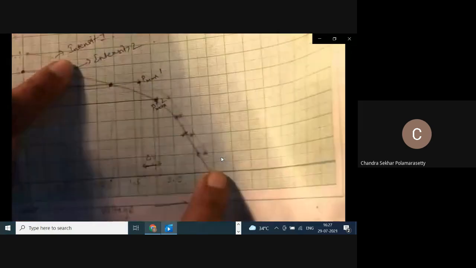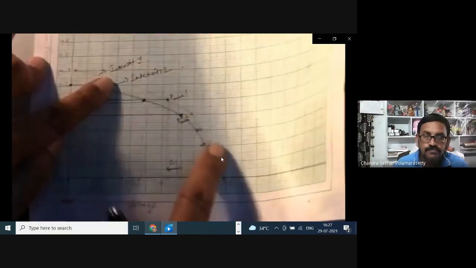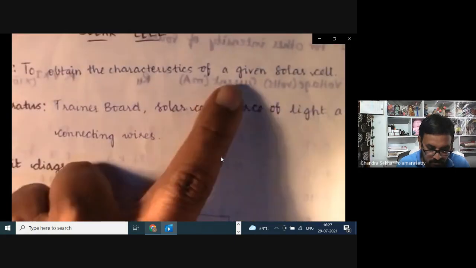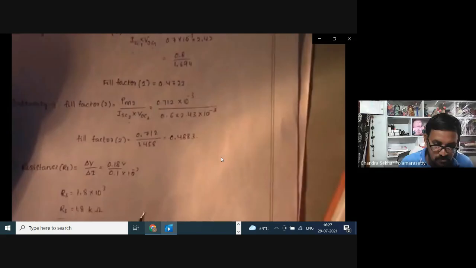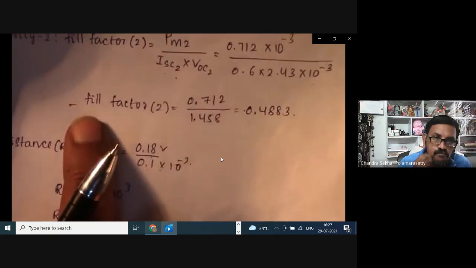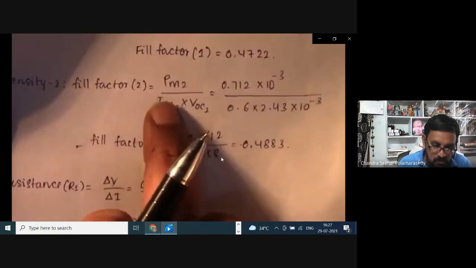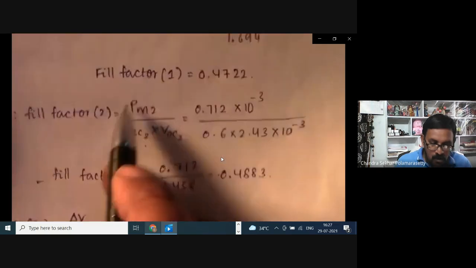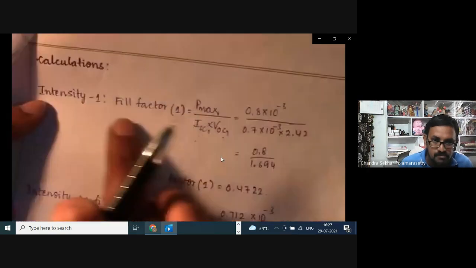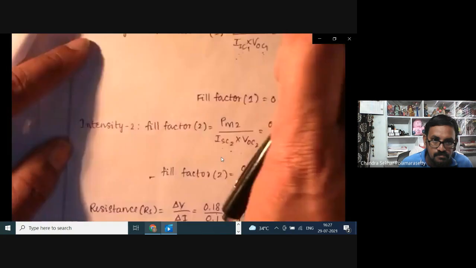So note down here VOC as 2.91 volts, and obviously ISC, short circuit current, is the starting current, 5 milliamperes. In this way, you have to note down the reading, students, and you have to multiply this voltage with current. So how to get power? The third column is there. This is power. So how to get power? Multiply voltage with current. For example, 0.5 volts into 14.2 milliamperes.